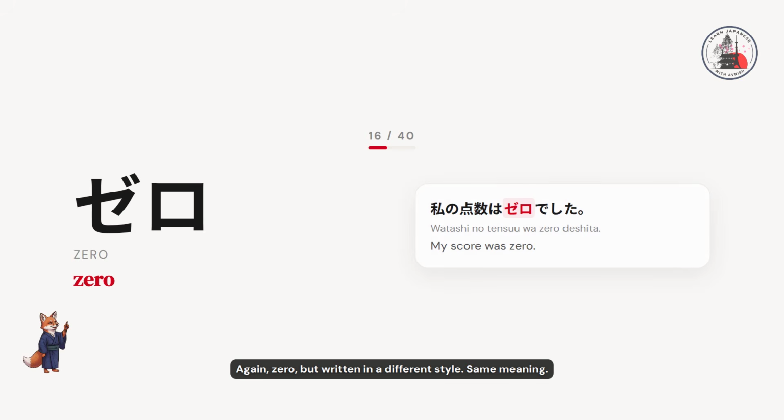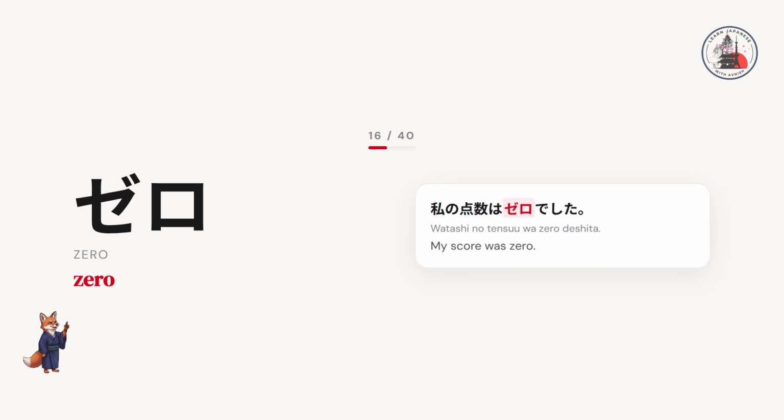Again, 0, but written in a different style. Same meaning. 0、0。 Example. 私の点数は0でした。